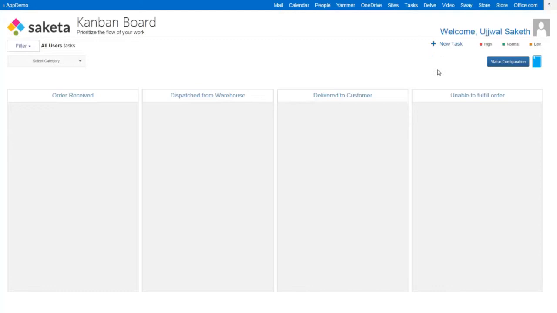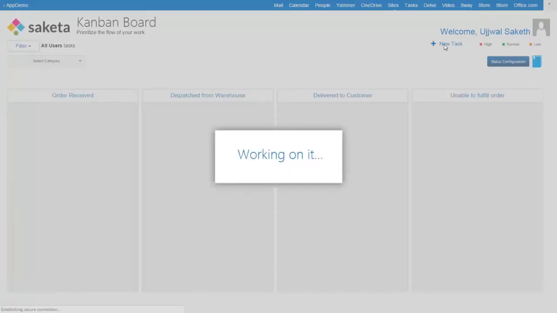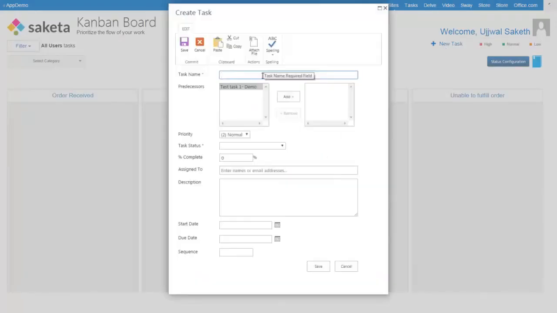To add a new task, we'll just click on the new task button here, and anybody can add a new task. It's not just administrators. So here let's give the task name. Let's say John, and he's ordered say a book. So the next step is to add predecessors if there are any. This is important if you have a task that absolutely must precede another task or must follow another task. But here we're just going to keep this as it is.